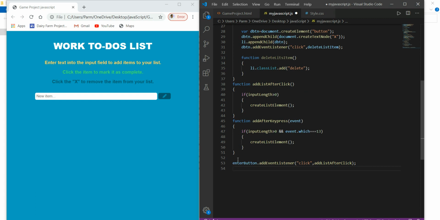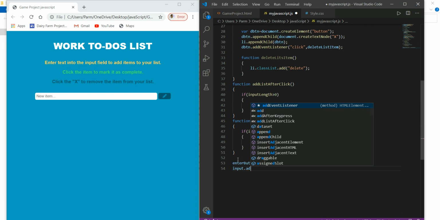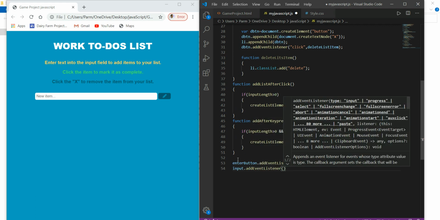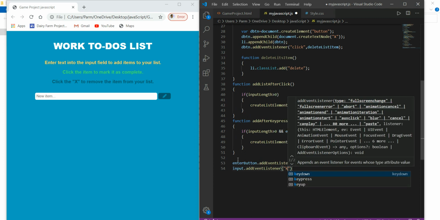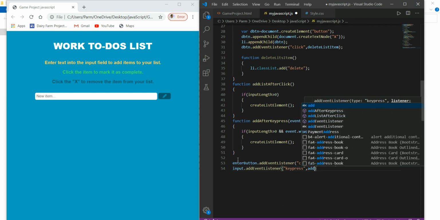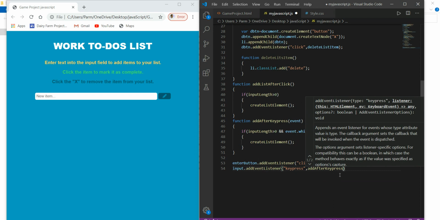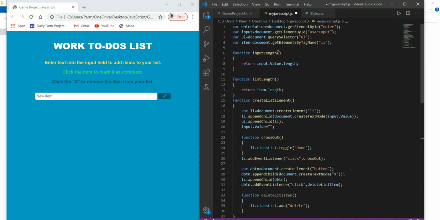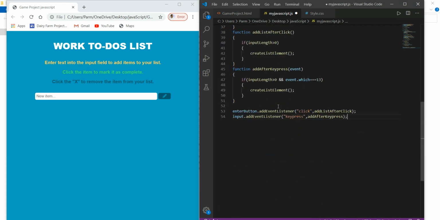And to input dot add event listener, here is keypress, then we will call the function add after key press. So we have almost done with our JavaScript.